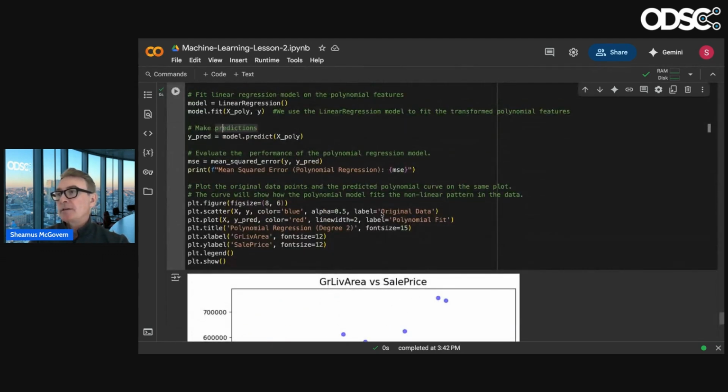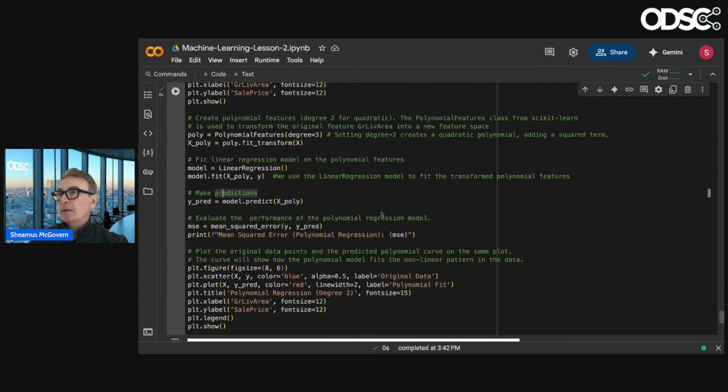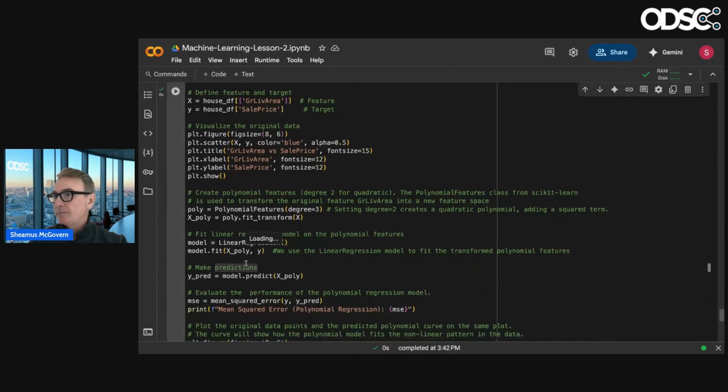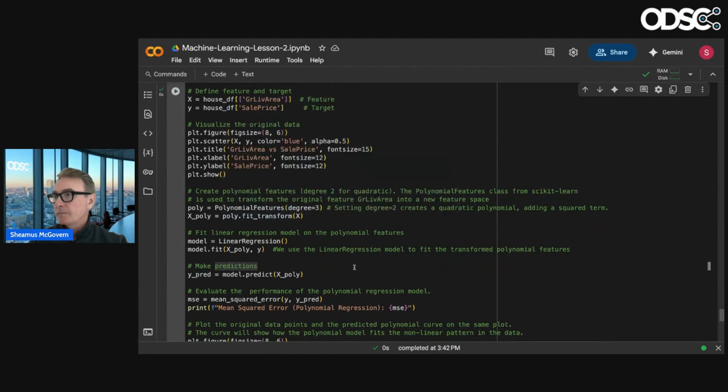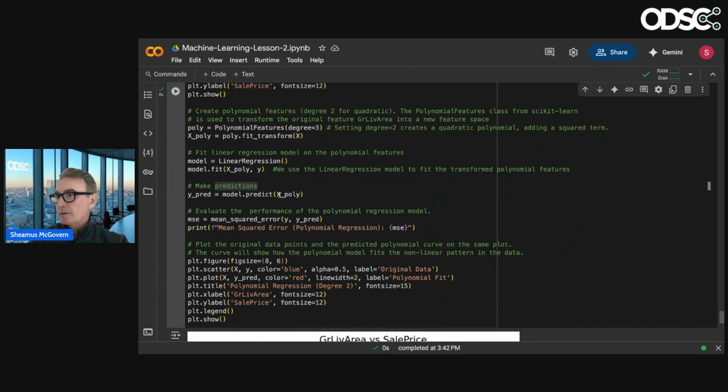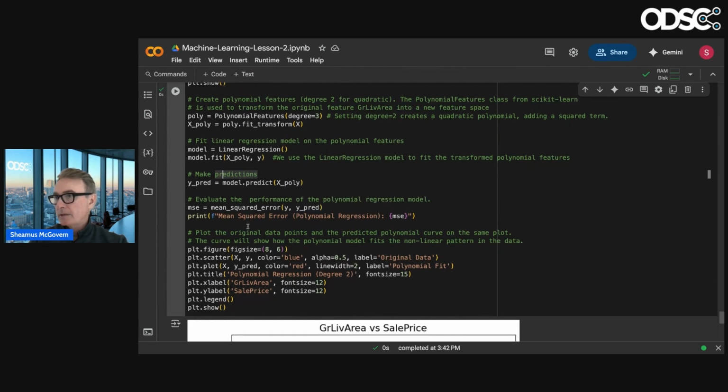So what I'm doing here is creating a number of different lines, as you can see. So plotting it, and then mean squared error.